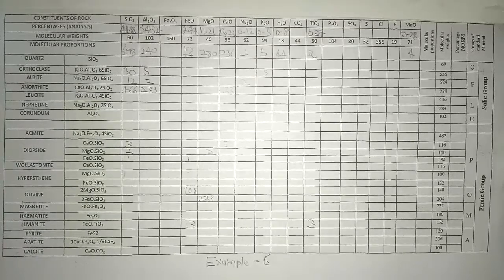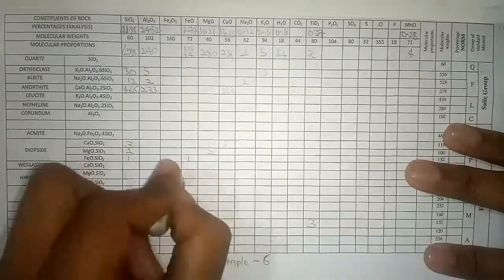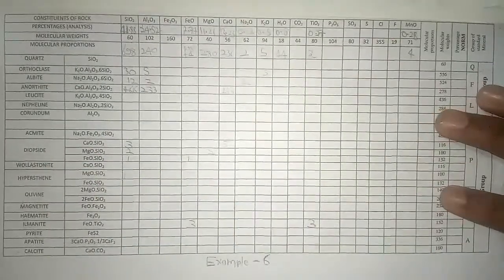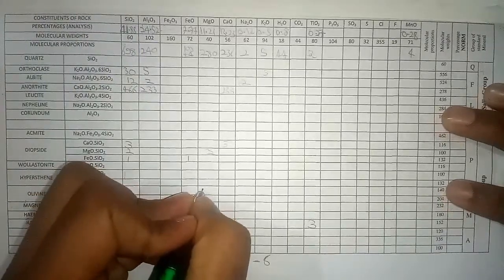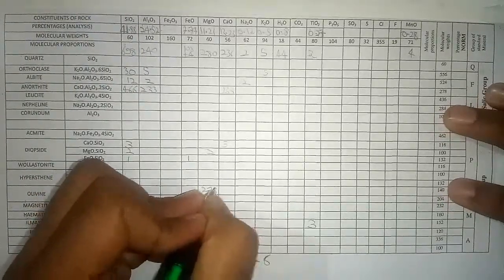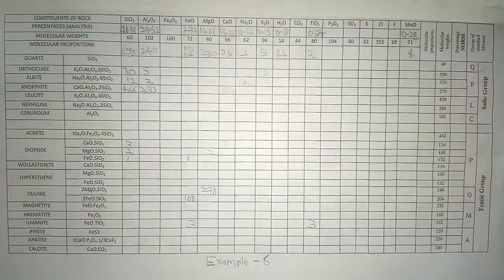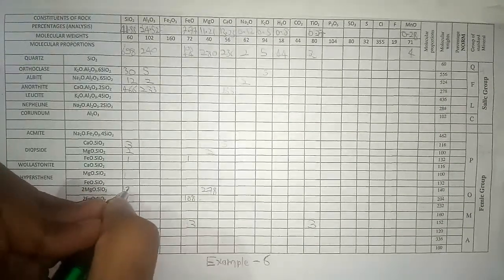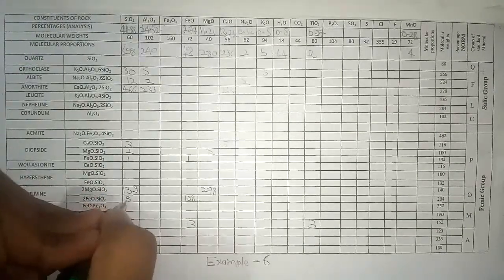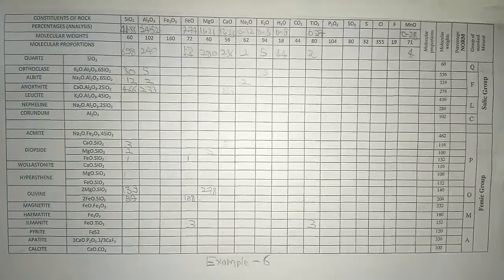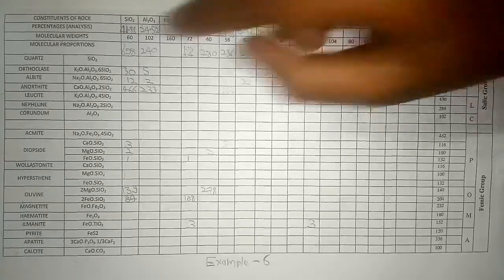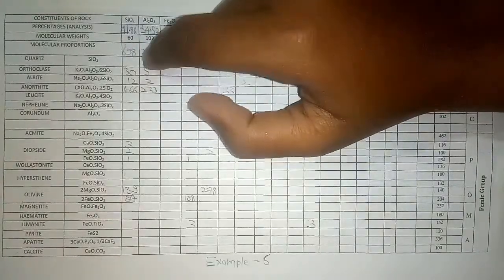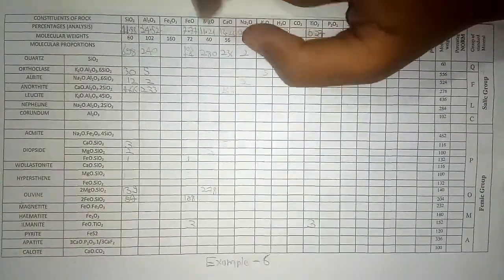Okay, sorry guys, I made a mistake there. This is the wrong row and column. This is 108 and this is 278. So half of it will be 139 and here it is 54. Okay guys, so let's check 30 plus 12. We have used all the FeO and MgO that was remaining.